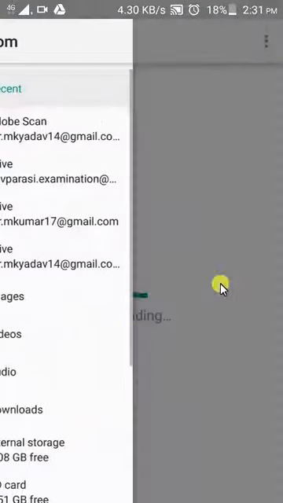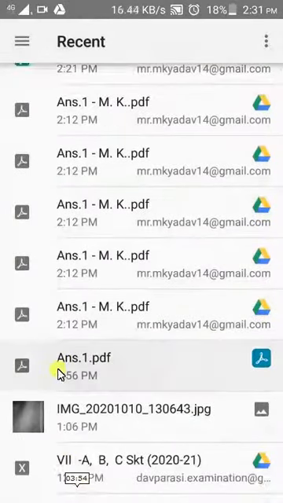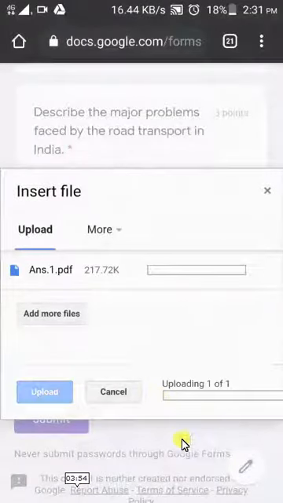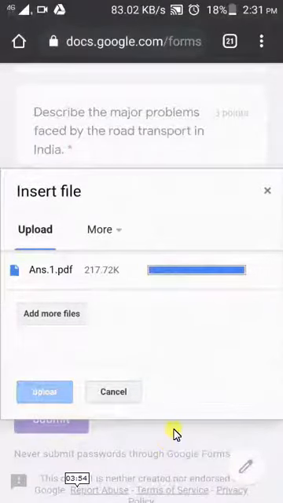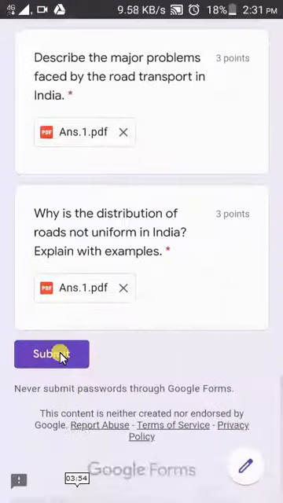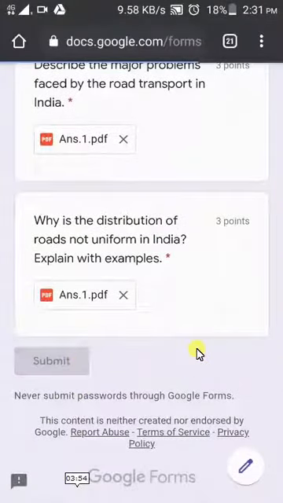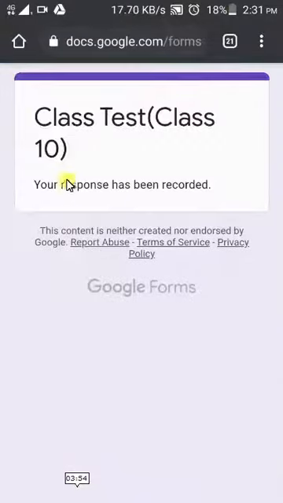Again document, this side, this PDF file, upload option, and now at last the student will submit the answer. Now the notification will come: the response has been recorded.